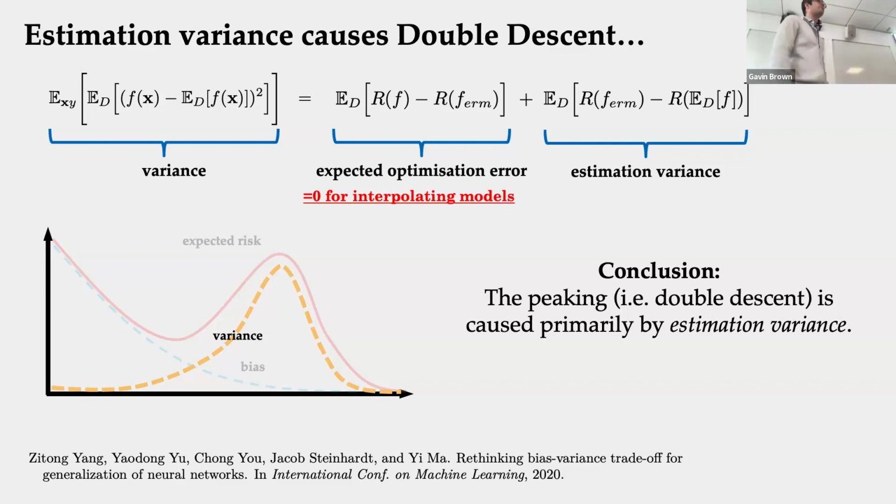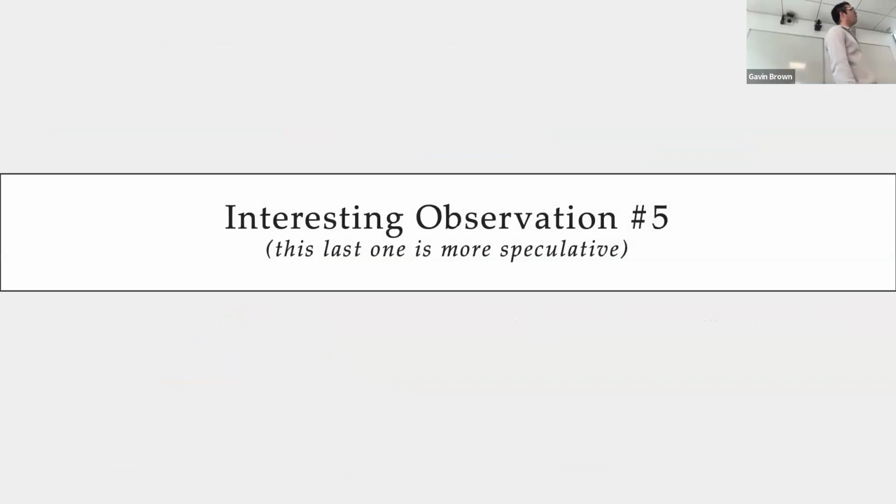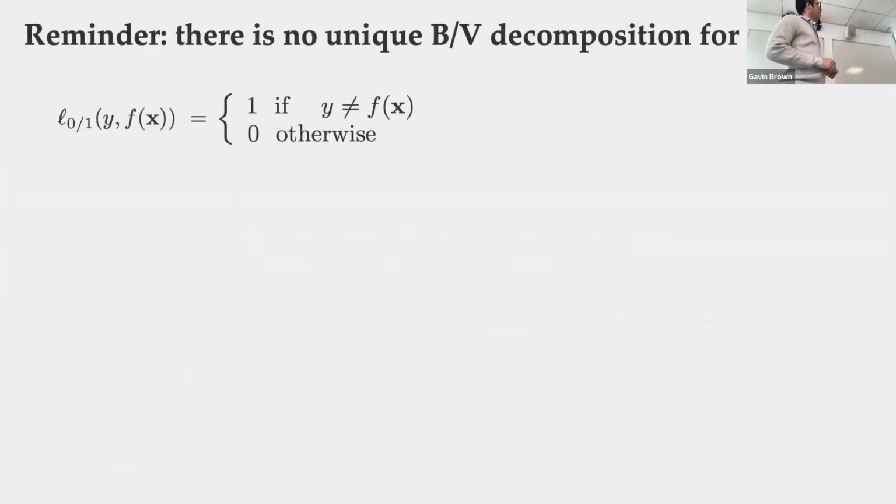Who knows? So as if this wasn't weird enough, here's one final speculative observation. A little reminder, this isn't very commonly known, but if we try to do a bias variance decomposition, as I said, squared loss, everyone knows that one. It holds for lots of other losses, including cross entropy. It does not hold for classification with 0-1 loss.